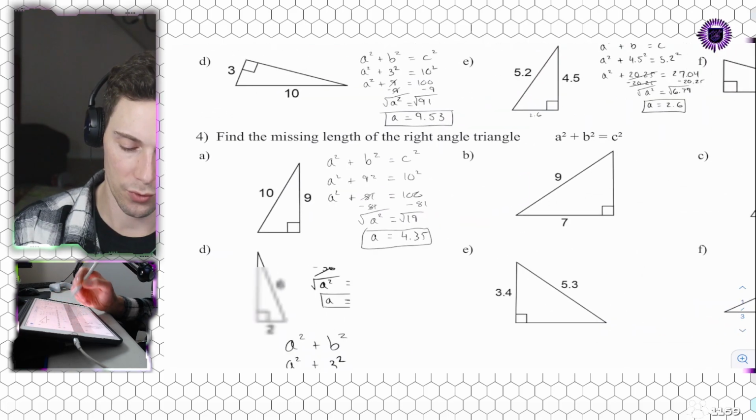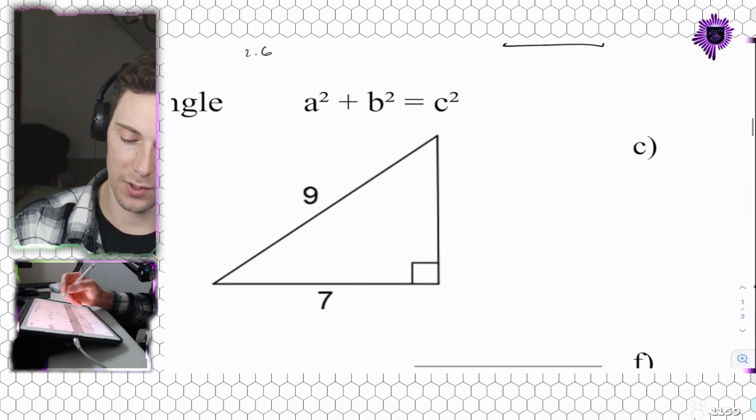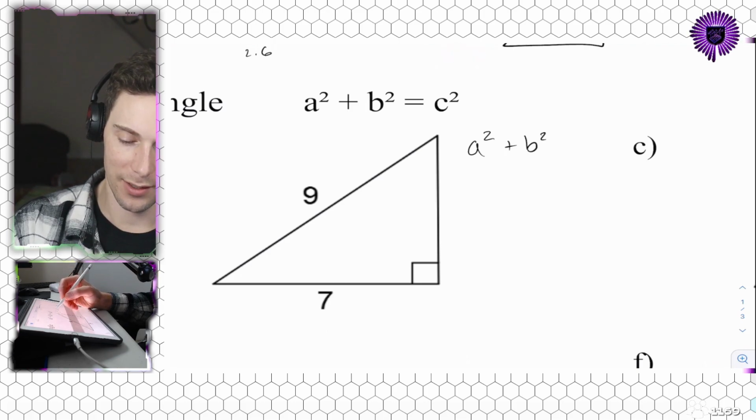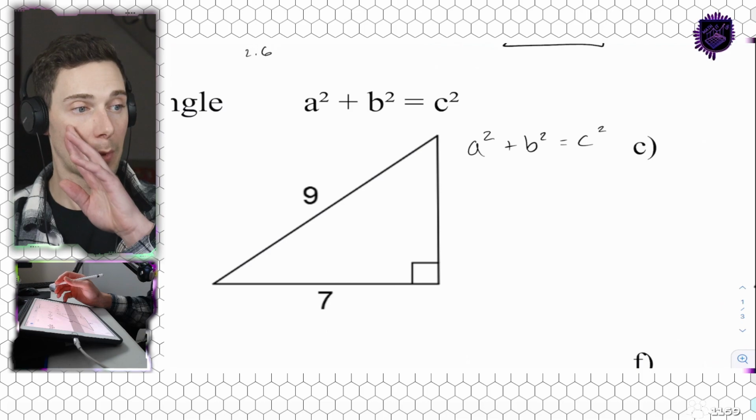Answer for B. Once again, write out my formula. A squared plus B squared is equal to C squared. Getting tired of writing my exponents. C squared. Now,